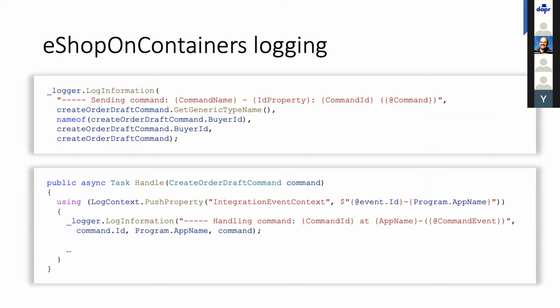Now, if you look at logging in the original eShop on Containers solution, you would see a lot of logging dealing with what commands and events are communicated between the services. So for example, in this top snippet, you can see an informational log entry written just before a create order draft command is published. And then in the bottom snippet, you can see the logging that is done when that